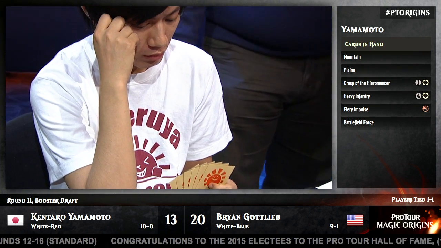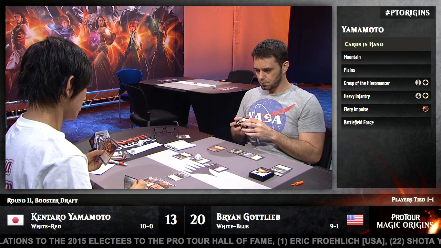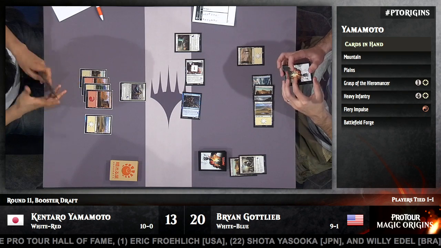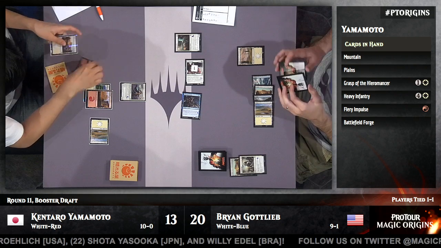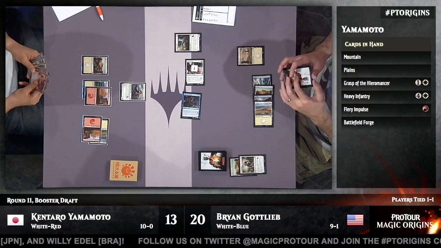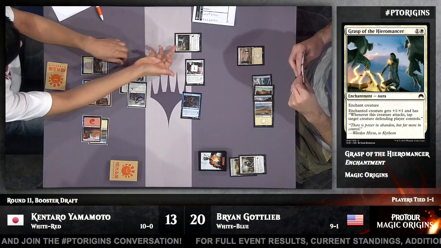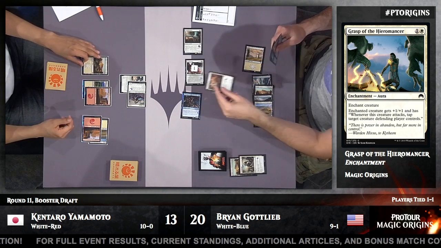So I suspect we'll see War Oracle come in here. Yamamoto probably aware that Enshrouding Mists is something Brian Gottlieb could have. Yeah, I think he would welcome it in this situation. Oh, he certainly would with the Fiery Impulse in his hand. It's possible he puts out the Grasp with a Hieromancer first just to get an extra point of damage. He's clearly not worried about Brian Gottlieb actually blocking, but knows that he wants to put the Grasp on the War Oracle at some point, and this will just give him